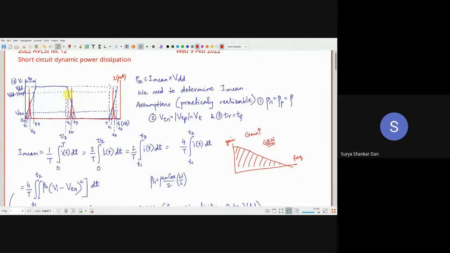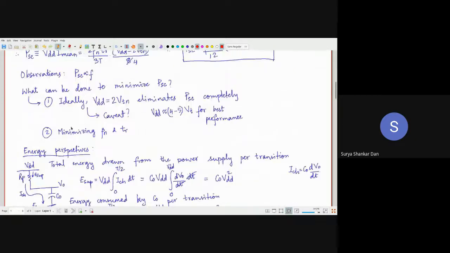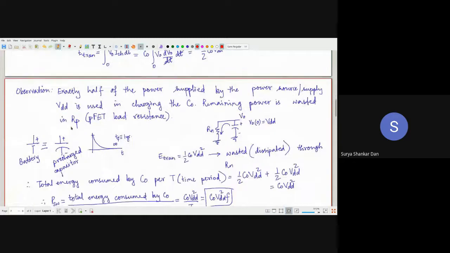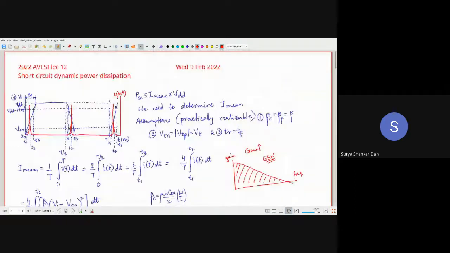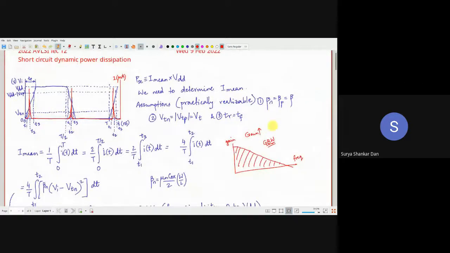These red spikes are the currents, right? So the area under this current over here, okay, that gives you the area under the curve, and that area under the curve is power into delay product. Okay, we will see how it is represented. Okay, that is essentially the power delay product. Again, that is the area under the curve. So you should maximize GBW, not the gain.